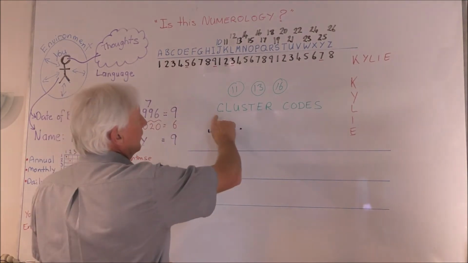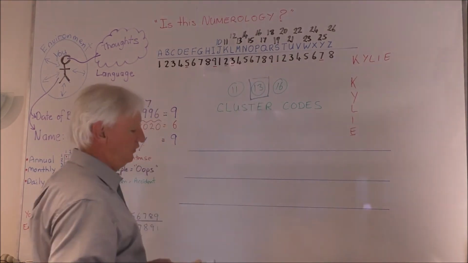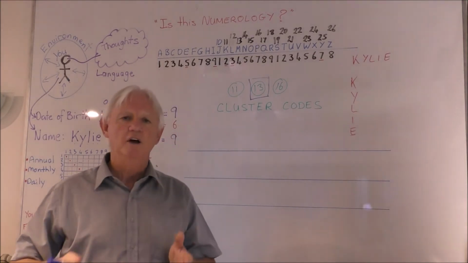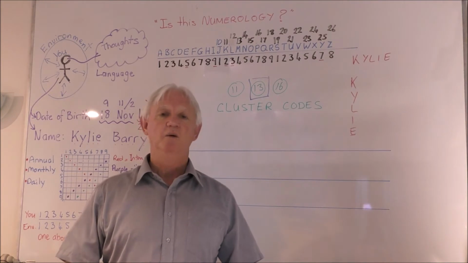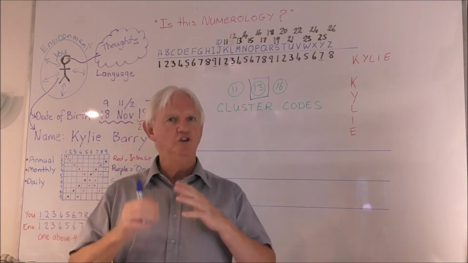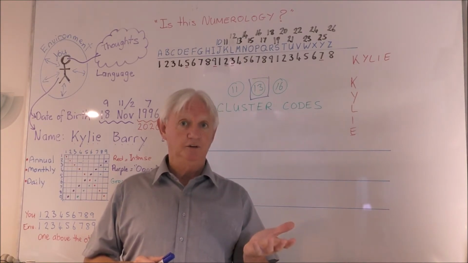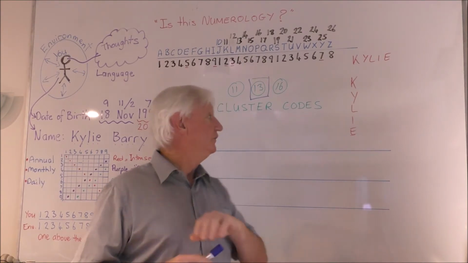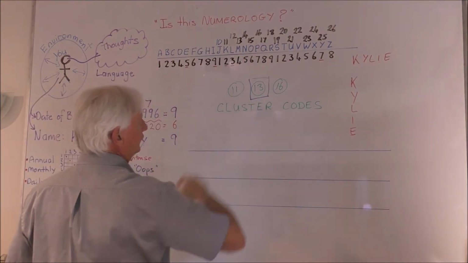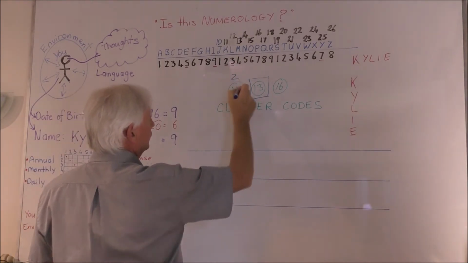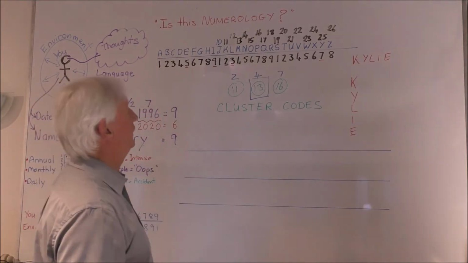So there are also numbers that people are afraid of. A lot of people, for example, are afraid of the number 13. No number, as no letter, is negative, but they have different qualities. And once you understand what those qualities are, you can use them to your benefit. There are ways in which you could use these numbers in ignorance that would be to your detriment. So looking at this then, I've called them cluster codes 11, 13 and 16, which would be reduced to 2, 4 and 7 if I was to add those numbers together.